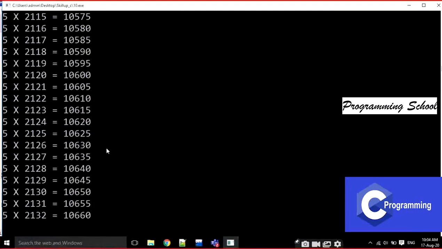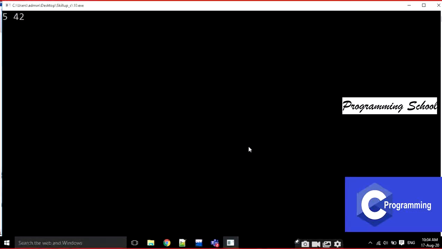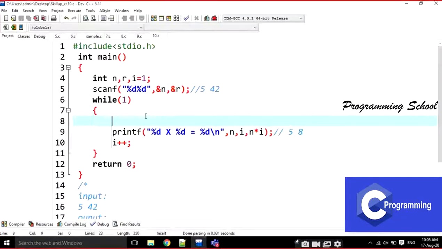Where do I have to stop? I have to stop at this range. If the result is crossing that range, I have to stop the loop. What is the range? This is the limit, this is the result, right?